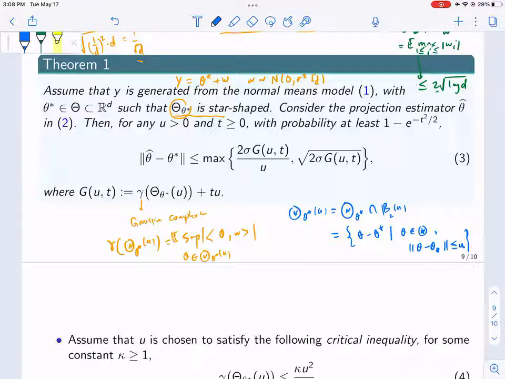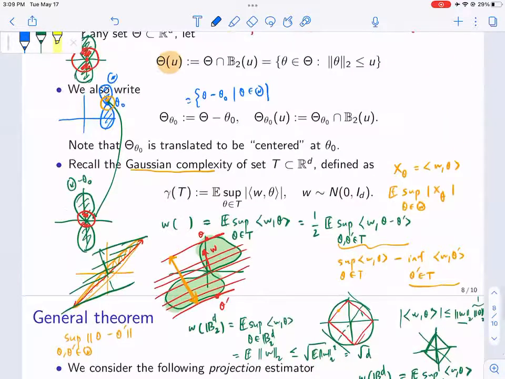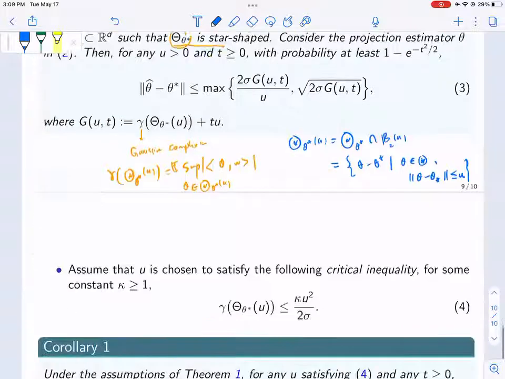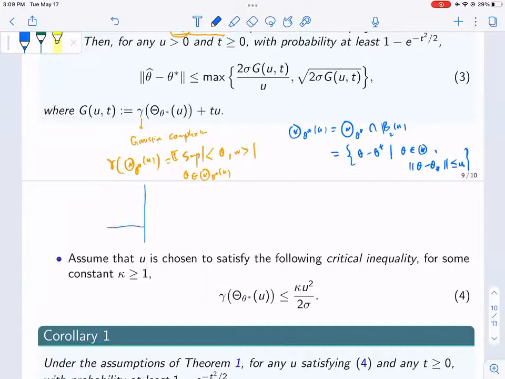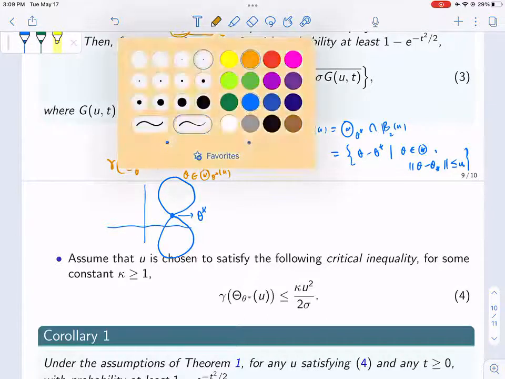Okay, that's the result. The thing is that the Gaussian width of this local geometry is a ball of radius u, centered at theta star. What part of theta do we carve out? So I put a ball of radius u around theta star. Let's say this is theta star, I put a ball of radius u,